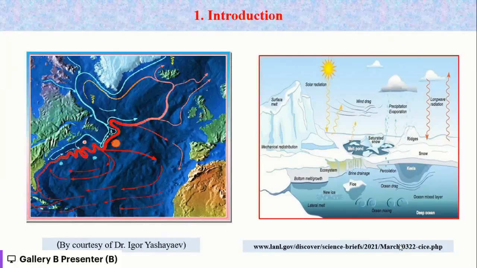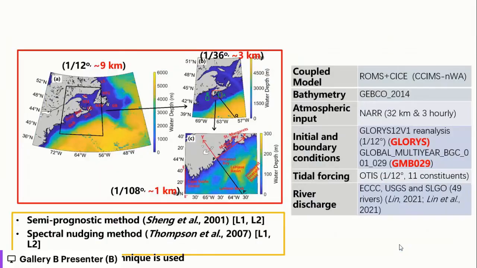And a key factor in the physical environment of this area is sea ice, which affects things like the surface stress and surface heat flux. It can increase or decrease the salinity depending on the season. So if we want to simulate the oceanography of this region, then we have to couple the model to a sea ice model. And the way we do that is to use ROMS for the circulation and CICE for the sea ice model. We also have several configurations of nested grids because that way we can include as much as possible of the larger scale